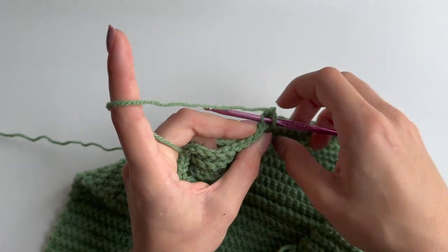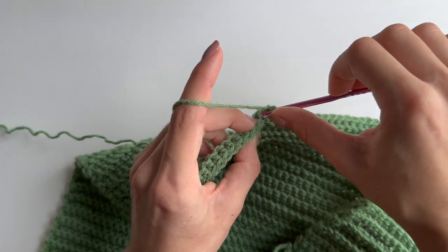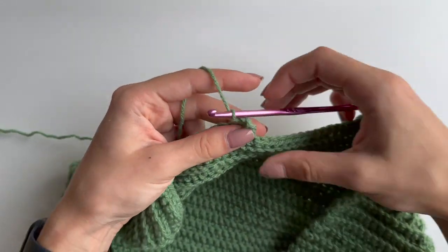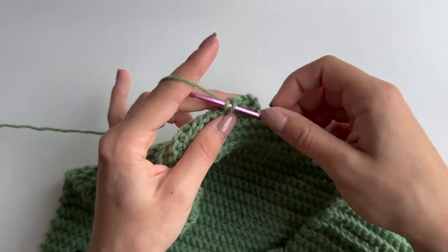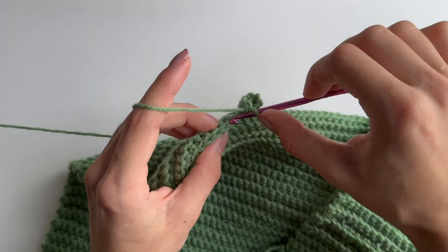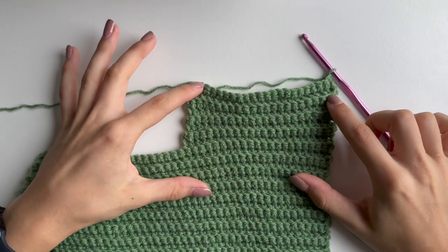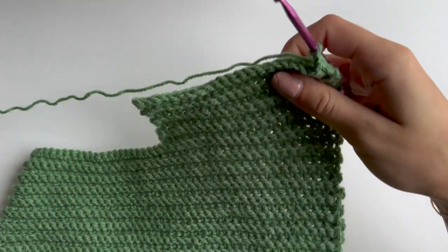crochets, so that when you finish 8 rows, you are at the row 76 in total, and then I'll meet you at the end. When you are done with your 8 rows, this is again 76 rows in total, you want to fold your